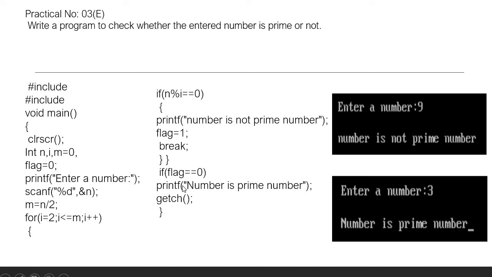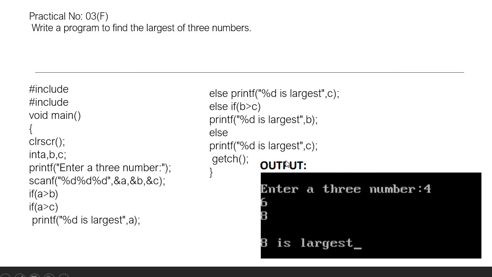So this is the formula which we have used. This is my process part. And through that I will get whether my entered number is prime or not. Now the next program, that is to find out the largest of 3 numbers. So over here we are not using any logical operator. So without a logical operator we have to execute this program. That's why we are using multiple if conditions. So that is also called a nested if. So with the help of nested if we are executing this program.